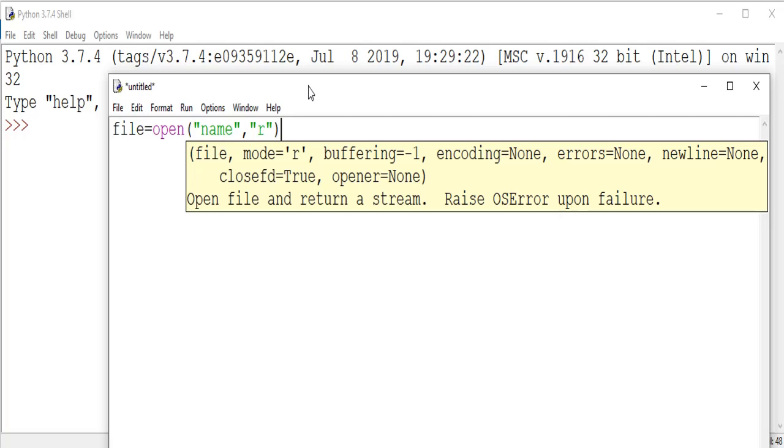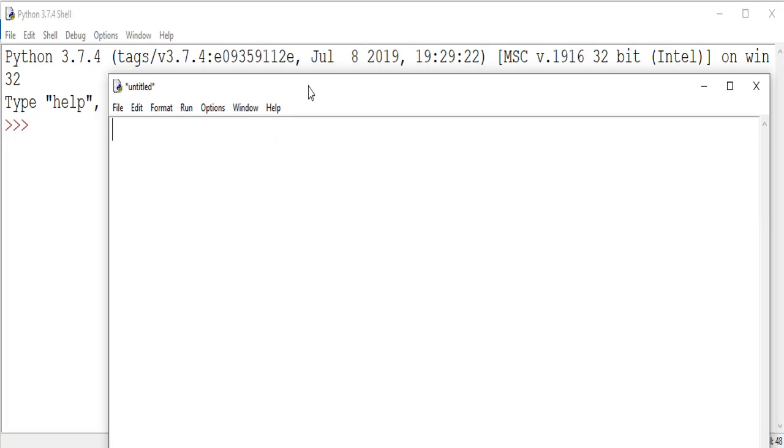But in case of a CSV file, we need to import a library called CSV. Since CSV files are special files, a separate set of functions are required, which are already defined inside the CSV library. So to add the CSV library to our program, we need to import that library. For that we are using import csv.